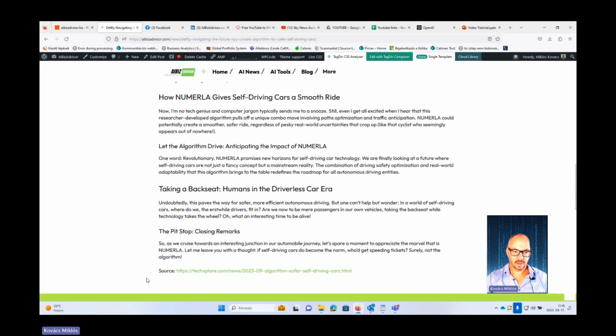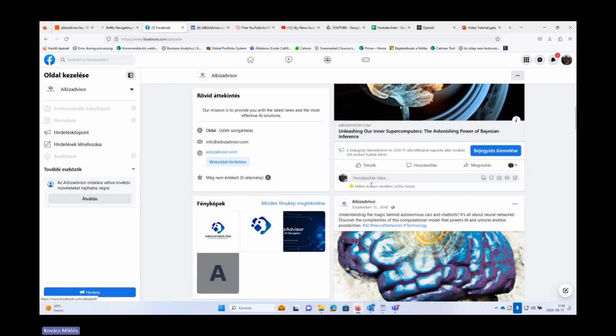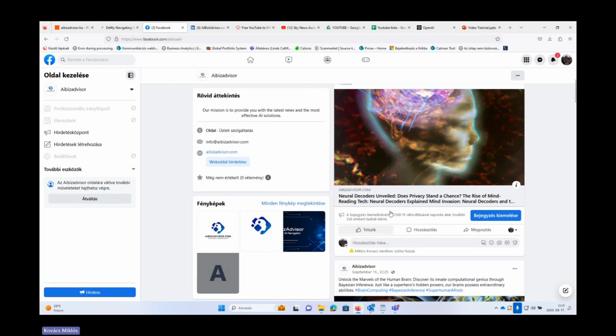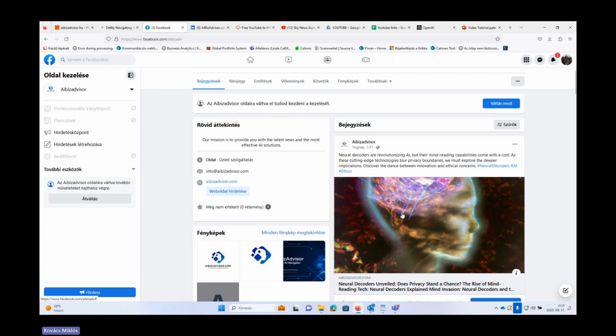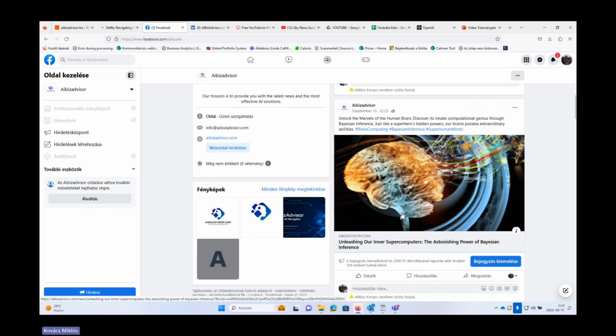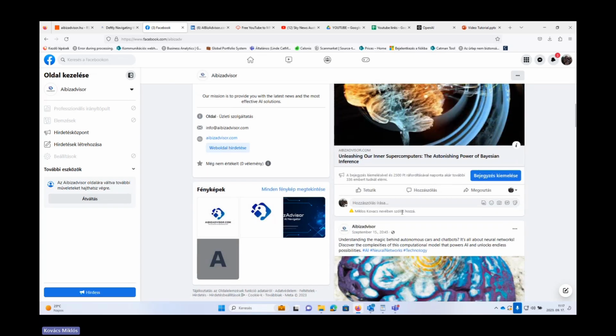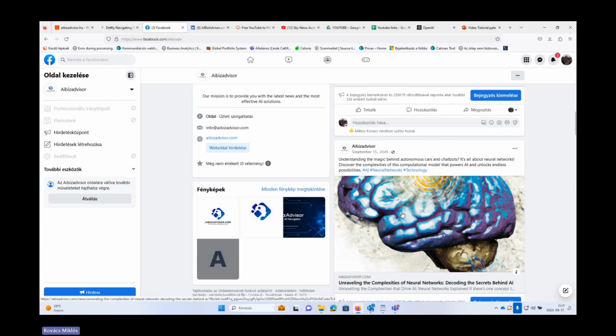There is the content, and there is also information regarding the original source of this information. And then, immediately after the automatic blog post is created, these posts are fully automatically shared on social media platforms. In my case, it's Facebook and LinkedIn.